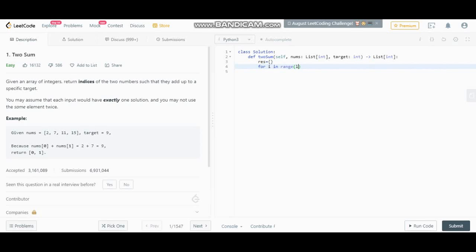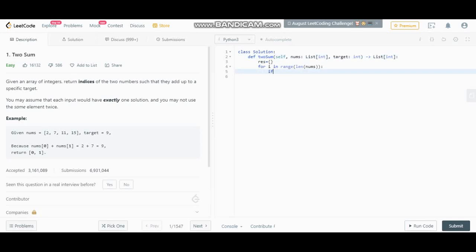I will give the length, and here the parameter nums is the list name. The target value is passed as target in the parameter.